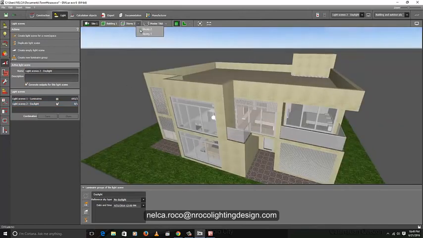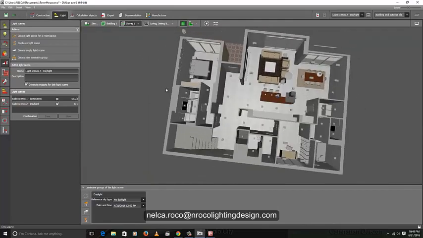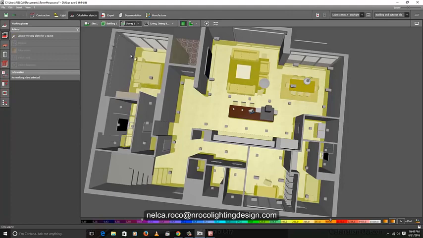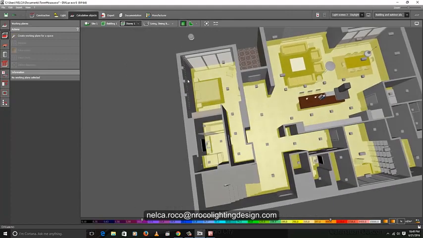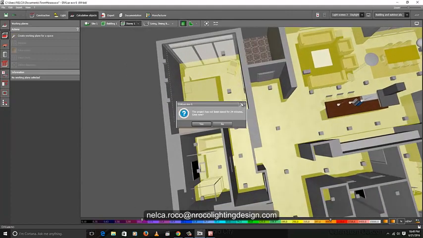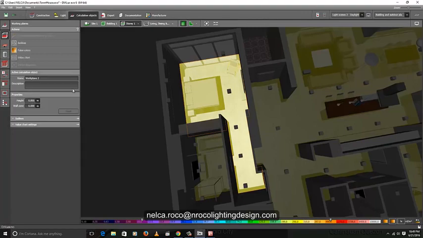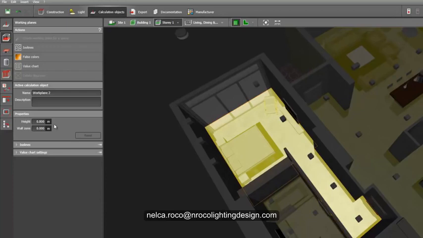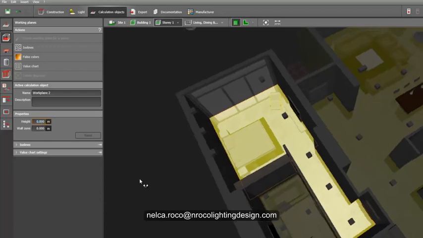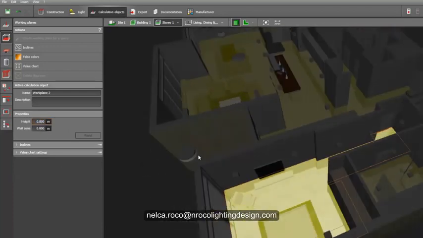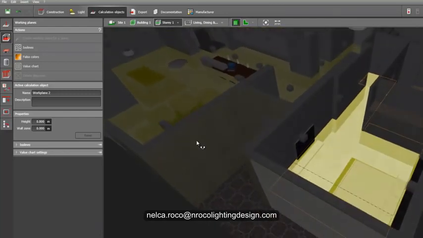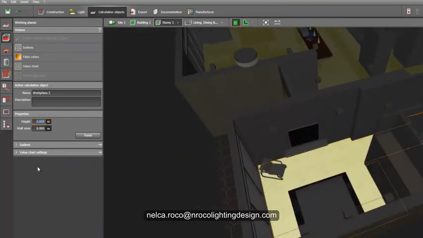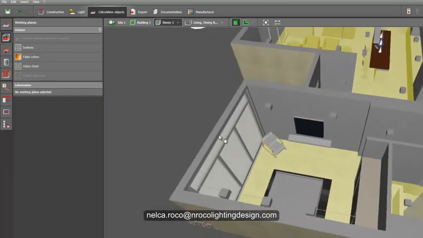And of course, if you want to know the lux level of every room, you need to have calculation surfaces. For example, for a room, you can go for a 0. This is a working plane. The default for Dialux Evo is 0.8 because it's a bedroom. Either you can go for 0.8 if you like. If the requirement says 0.8, then you can go for 1. But usually it's 0 because it's on the floor. And then, for example,